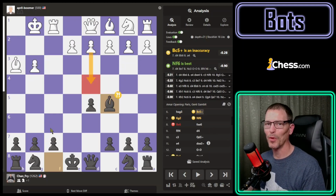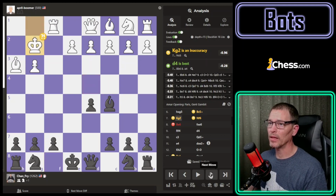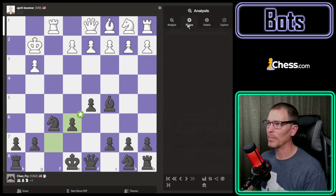I did notice that the board has switched back to the color that I like, so that's good. Okay, yeah, I thought that they would play this pawn forward. I didn't think about d4 protected by the queen. Okay, well, that makes sense. So we were even then, despite the bot's mistakes and stuff, we were pretty even until here, where the bot just gave up the bishop. Now, at that point...